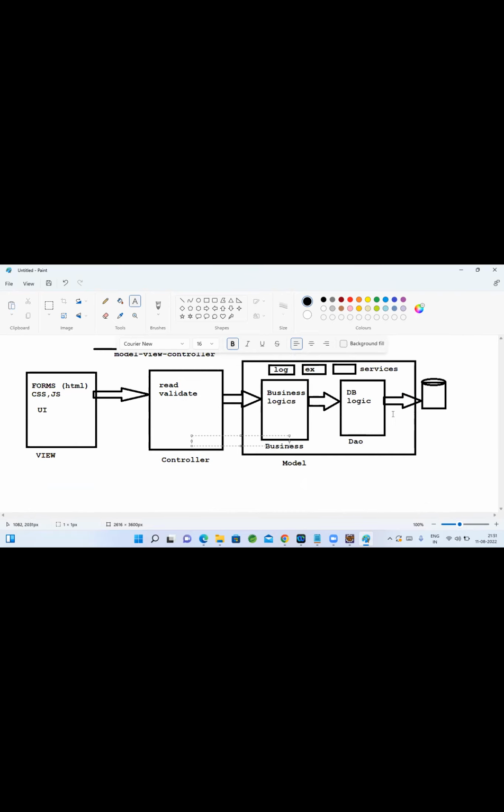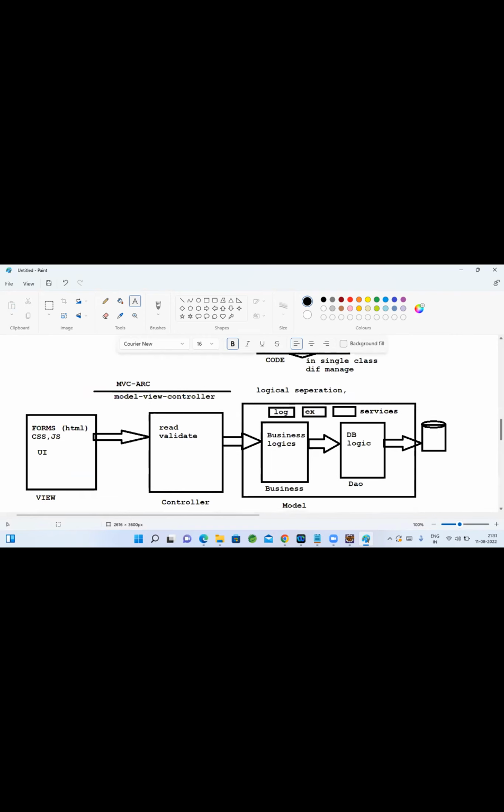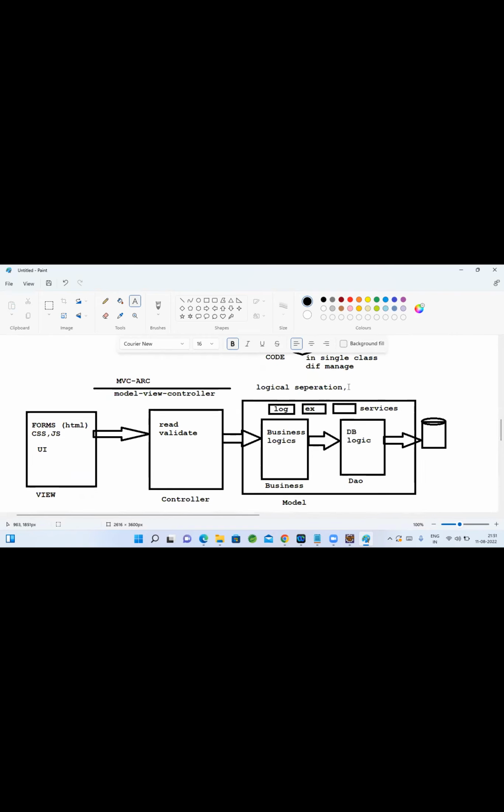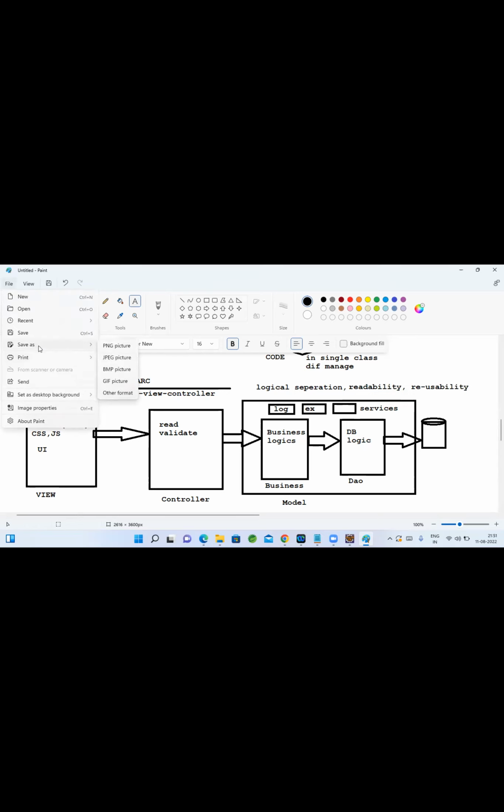We do a logical separation here. The advantages of the logical separation are readability and reusability. Many things we achieve here, and reusability also. This many advantages we have.